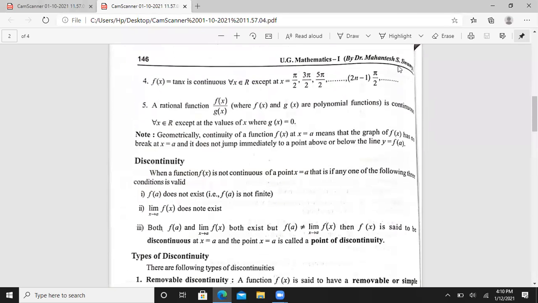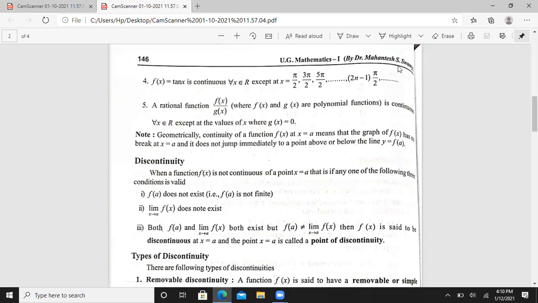Fourth example: f of x equal to tan x. The tan x is continuous for all x belongs to R except at x equal to pi by 2, 3 pi by 2, 5 pi by 2, and so on, that is (2n minus 1) pi by 2. That is the fourth example. Next, the fifth one,